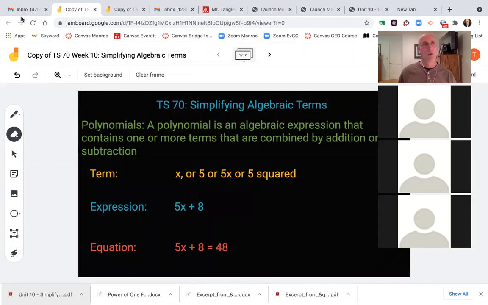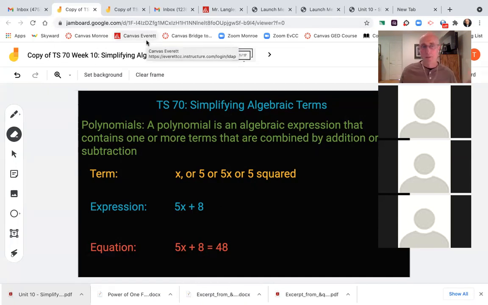Tonight we're going to talk about simplifying algebraic terms and what that means, and it's really classic pre-algebra. When you talk about pre-algebra, you start talking about some of the concepts we're going to talk about tonight. So we're going to jump into things because there's a lot packed into this 55-minute talk. Okay, so the very first thing is